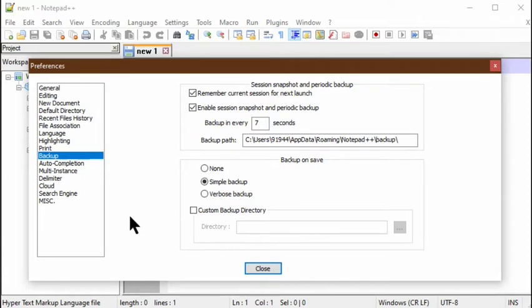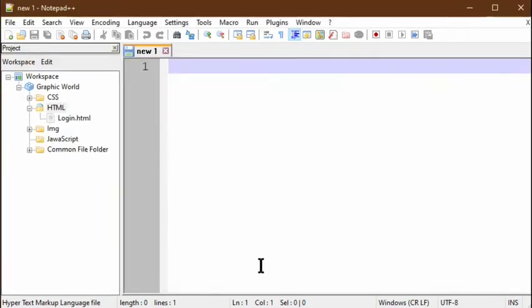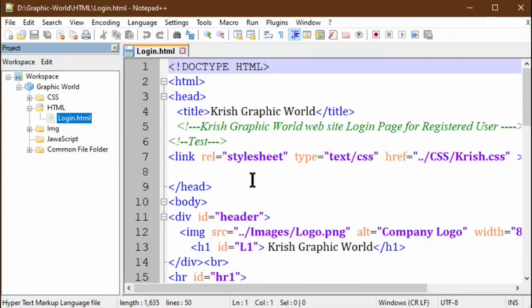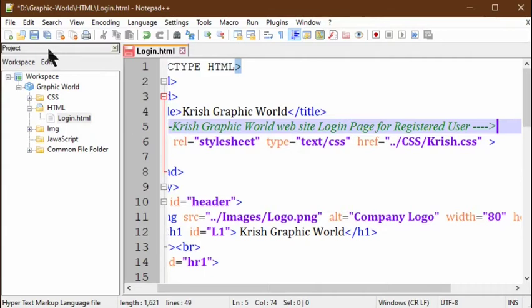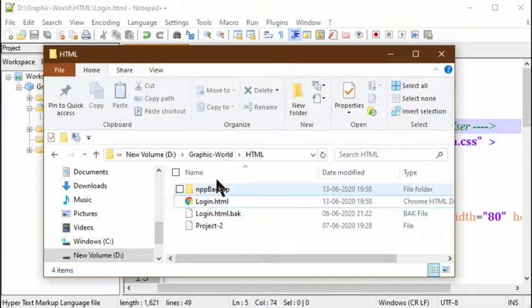Suppose now I want to create a verbose backup. Then I will click the verbose backup option, then close this, then I will open my HTML file. There again I will delete this text, then I am saving that file. Again I am relaunching my Explorer window.